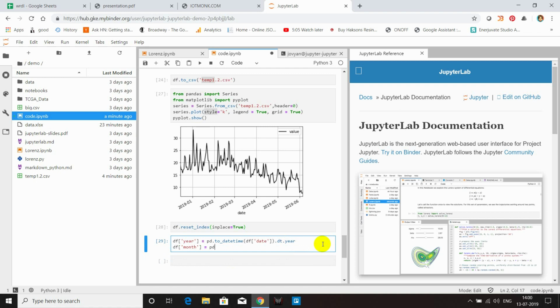Equals to pd dot to date time, and let's split that into months. Again same thing, and dot dt dot month. I'm just going to copy this, and it should be day,